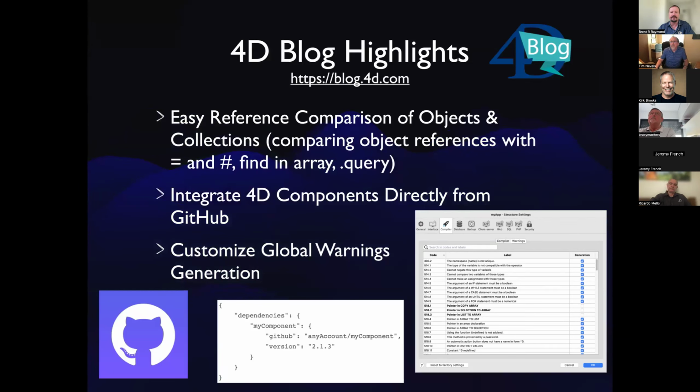That's a fancy way of saying you can now turn on warnings for, say, an old 4D application that may have thousands of pointer references that would normally create warnings just to let you know, well, the compiler can't check this definitively for you, so you need to go out there, and you can always add the compiler directives that say, well, I've checked it, I know it works, and don't worry about it.